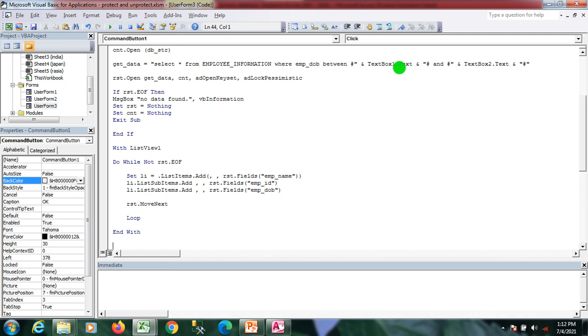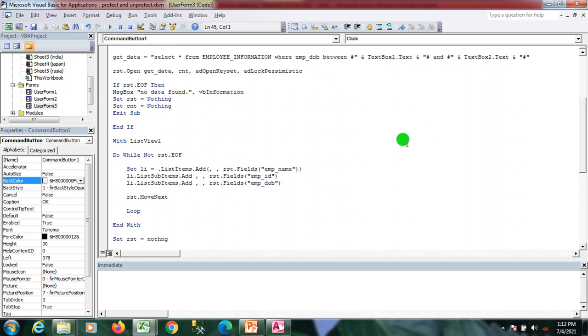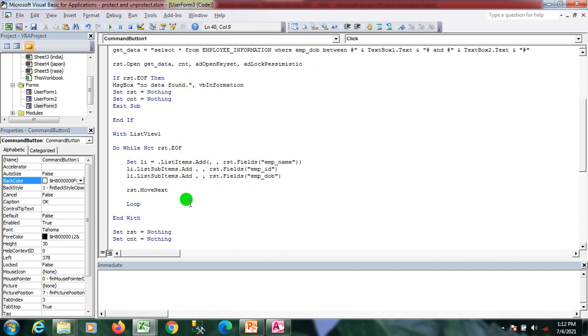And after getting all the data in the list view, I'm closing the record set, and close the connection as well after getting the data. So guys, this is the code to get the data from the MS Access database in list view between two dates. So now I'll simply execute the code.